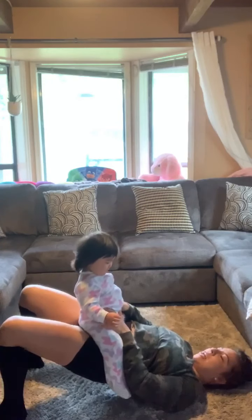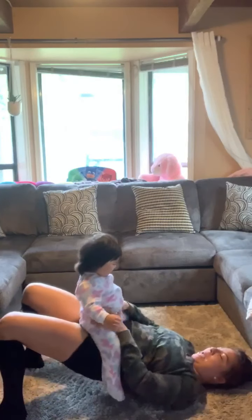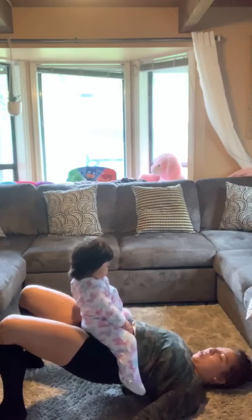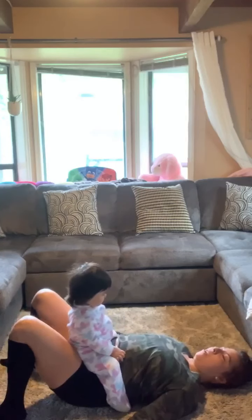And try not to allow those hips to dip. I don't want to lose the baby, so I'm holding her up evenly. So 30 seconds. Come down, rest,